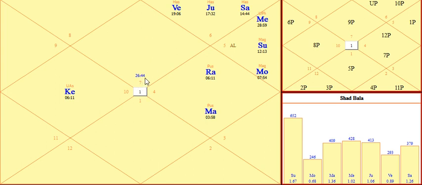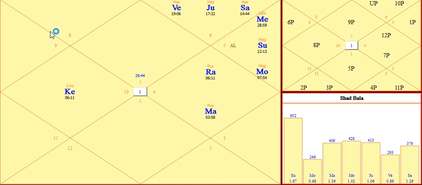First, we have to take the first house and see which sign is present here. 7, so it is Libra ascendant. So the ascendant lord is Venus. We have to see where Venus has gone. Venus has gone into the 12th house. So from this house, you have to count 12 places. 1, 2, 3, 4, 5, 6, 7, 8, 9, 10, 11, 12. So the Pada of the first house will fall in the 11th house. That is why 1P is written in this Pada chart. This is the Pada chart.